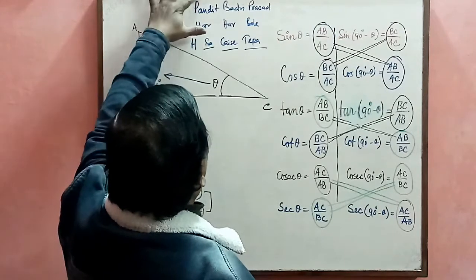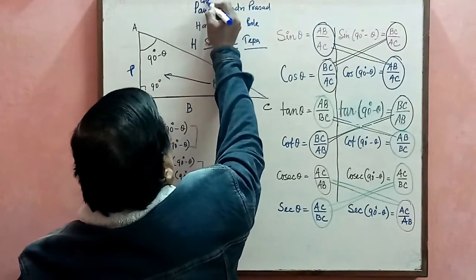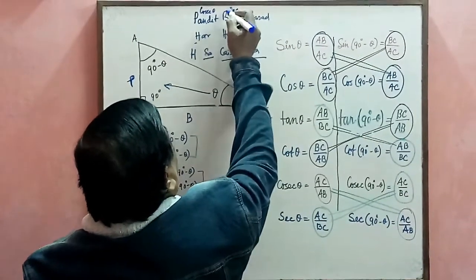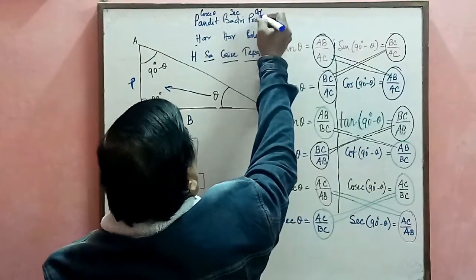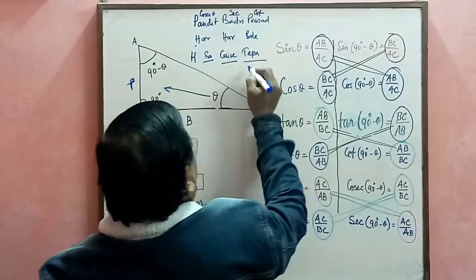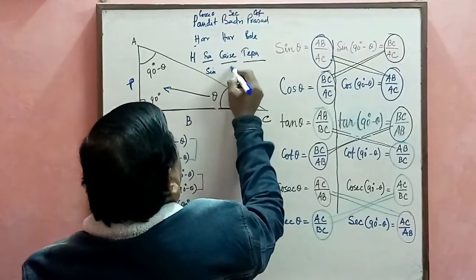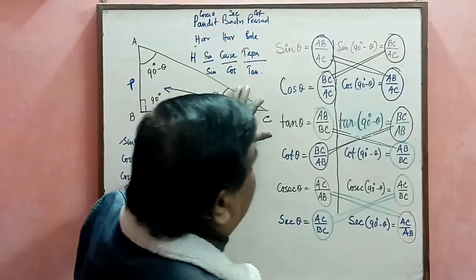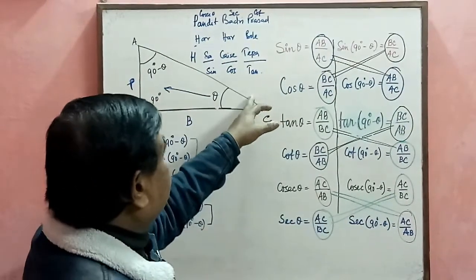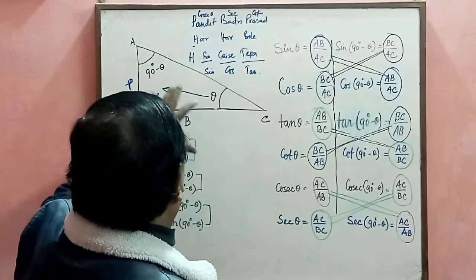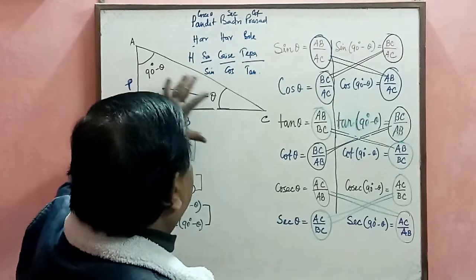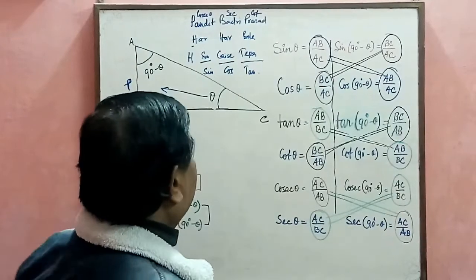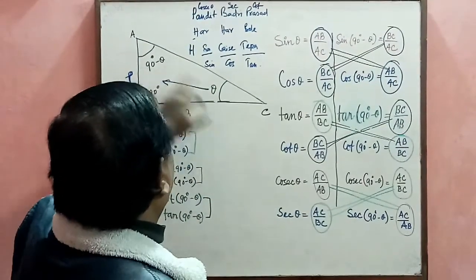Inverse of sin is cosec, this is obviously H upon P. Inverse of cos is sec, this is H upon B. And cot is B upon P. This we learned in our earlier classes. Today, I will establish the relation among the variables of trigonometry with angle theta and 90 degree minus theta.